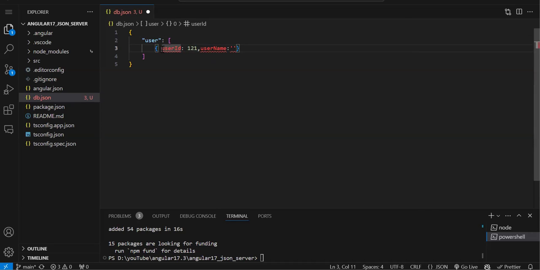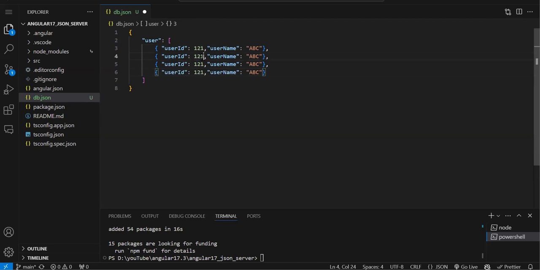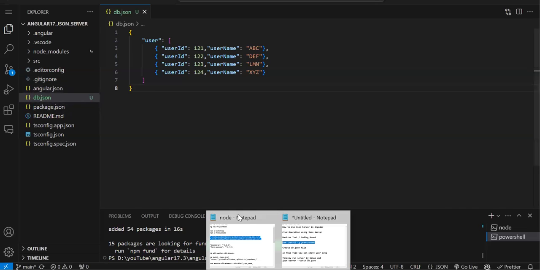Why is it giving an error? Does it need a single quote? Yeah, let's try like this. Oh, I think single quote doesn't work in a JSON file. Let's try. This is the first time I'm also trying. This is one object, second object, third object, fourth object. Let's change the ID a little bit. Now, once you install this, after that, you have created a db.json, and then you need